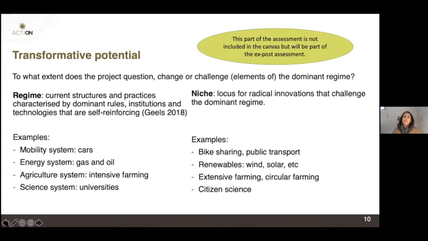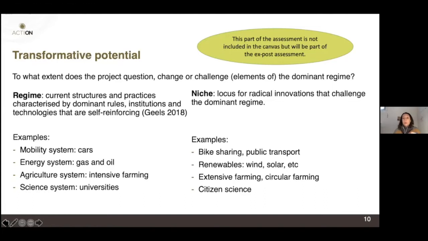We are a niche in citizen science, engaging maybe 0.1% of the population. So the impact that we will have in any case cannot be massive, but are we building something that is able to trigger a transformation that is bigger than us? To move from niche to regime.